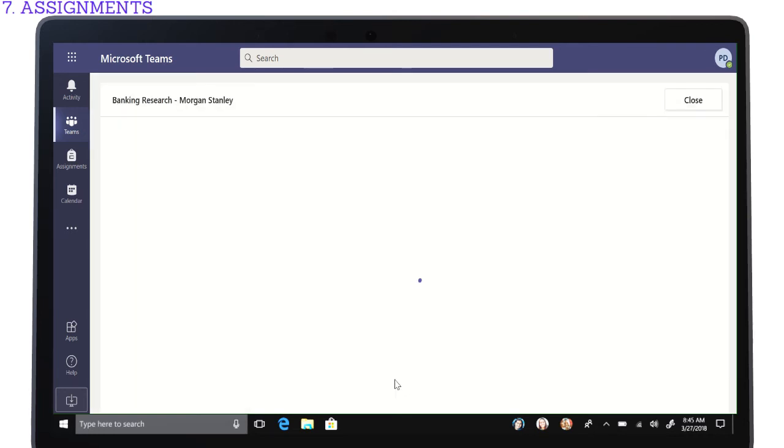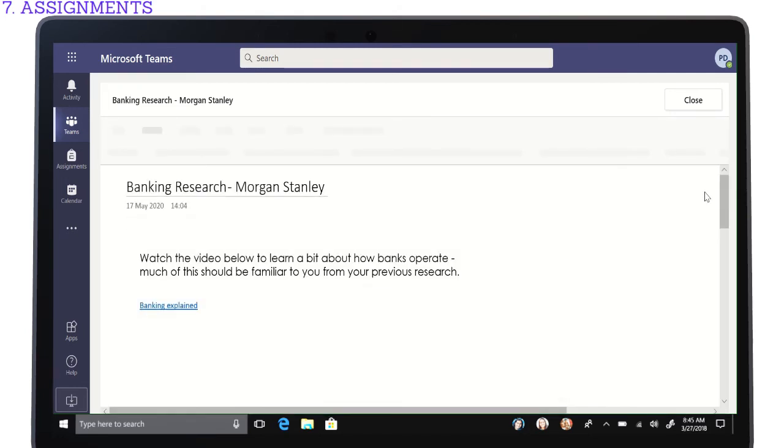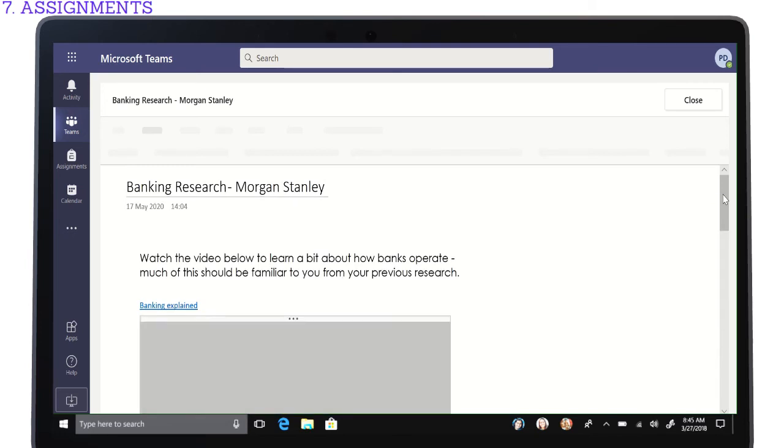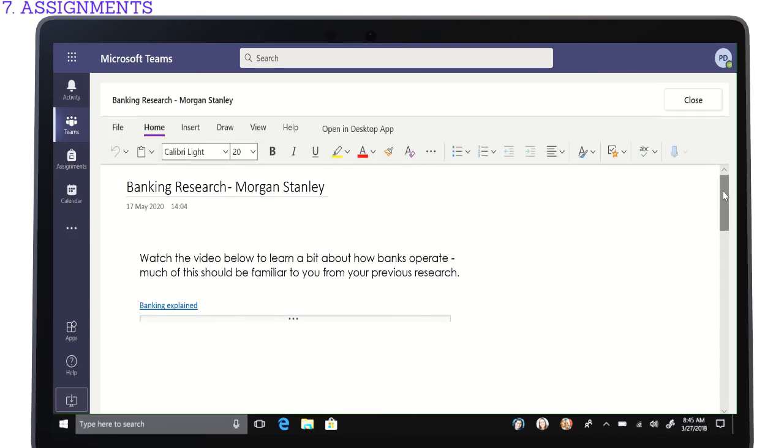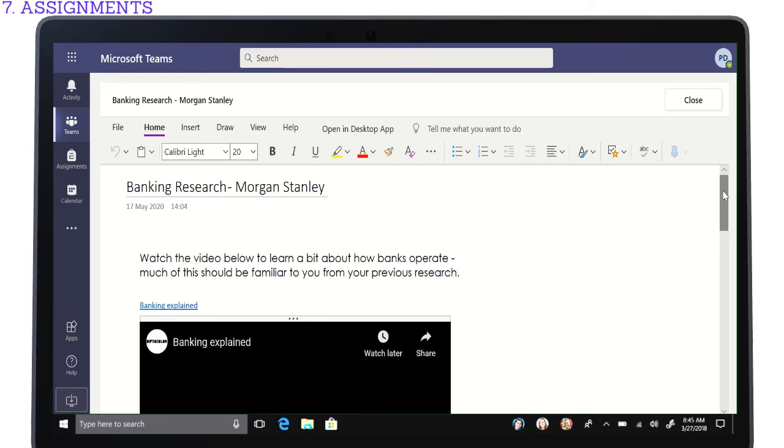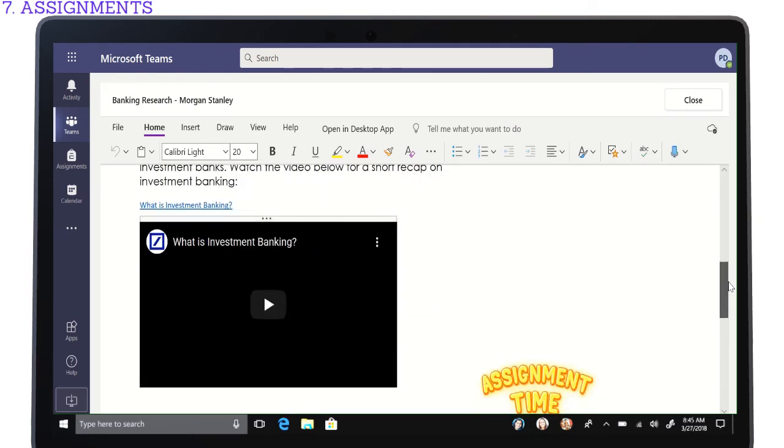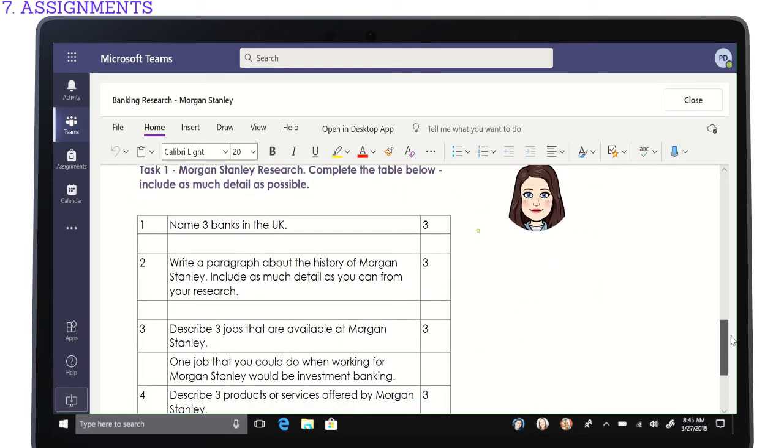If I click on the page, it will open up the task for me. So in this case, some YouTube videos have been embedded onto the OneNote page for me to watch first about banking, and then underneath we also have the questions. Now you can type directly onto a OneNote page. Likewise, if this was a PowerPoint or Word document that had been set by your teacher, you can click and type directly onto that file. So if we were to answer this question,